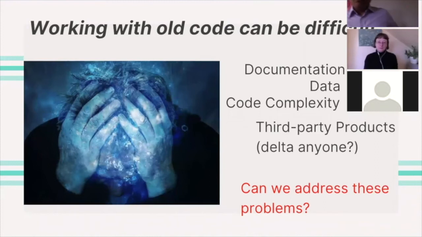Working with old code can be very difficult. If you've worked in a complex environment, you will always come across the same type of problems. They may not be exactly the same problems, but they more or less fall into the same categories. Lack of documentation: even if there is documentation, it's either changed or someone will tell you that's not exactly how it is actually working today. So you end up not knowing what is happening in the code. Then there is data integrity, so you will have to have enough data to even test an application that is running.